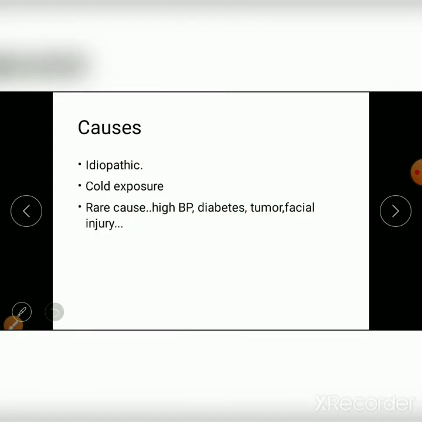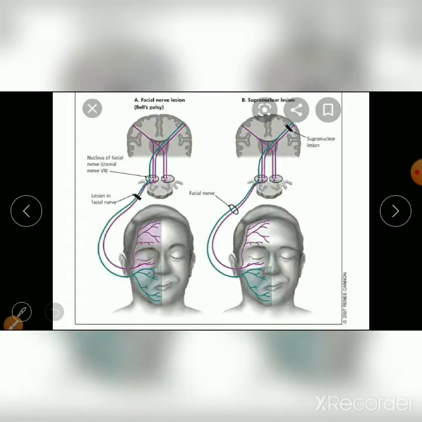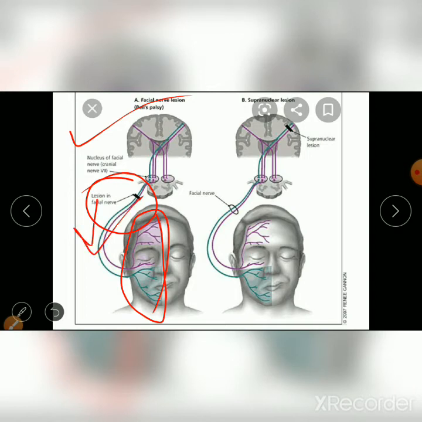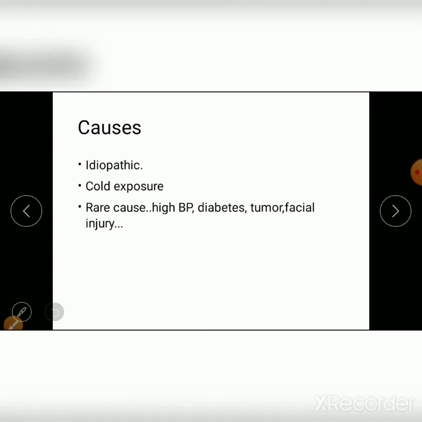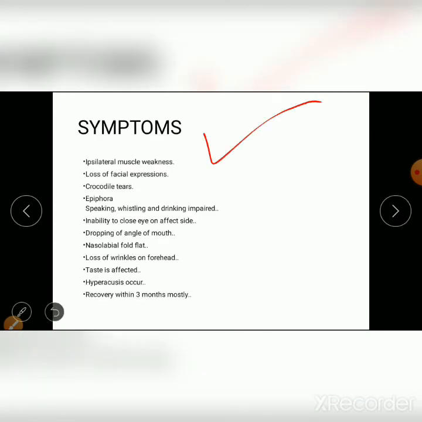So here the difference is, this is the Bell's palsy. Here the infranuclear lesion is present and the same side whole half of the face of the patient is affected. That means if the lesion is on the right side, the right side upper and lower quadrant of the face gets affected. The symptoms of Bell's palsy are ipsilateral muscle weakness, that means same side,